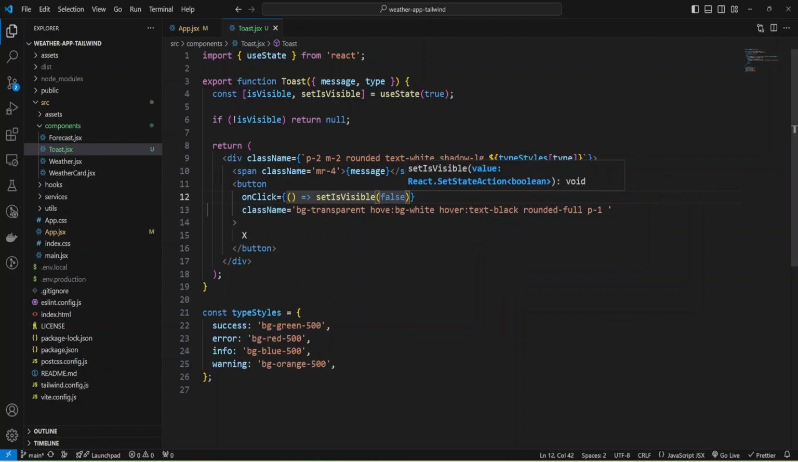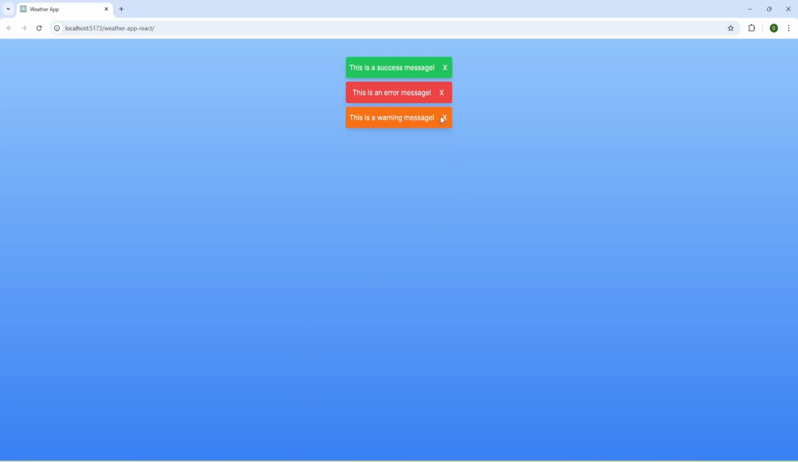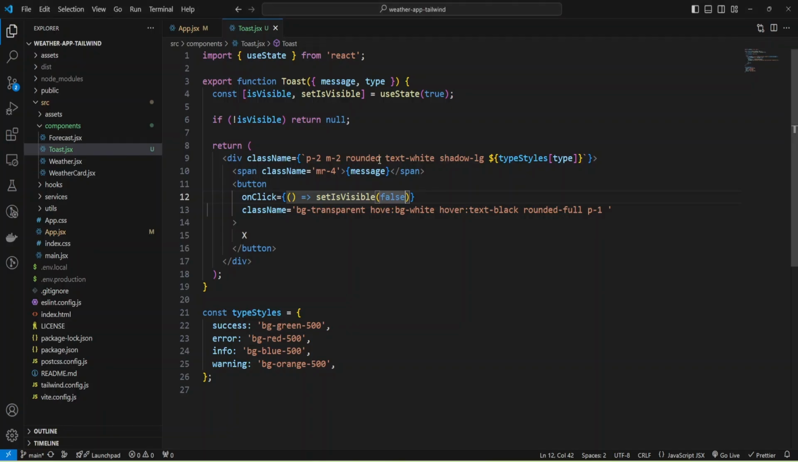Okay, and let's check. I'm going to click, and we don't have a message here. Now I can reload, and we have our messages, and let's make it so that our messages disappear after some time. I'm going to go to my component, and for that I need one more prop, and it will be duration,